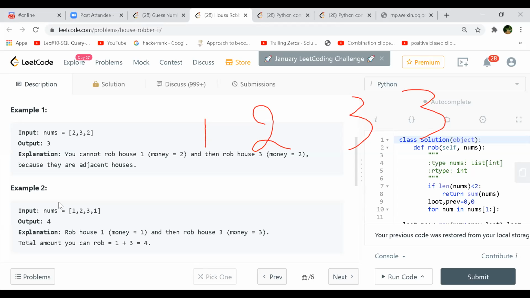So for that we need to check the max sum in the subarray 2 to n, and again we need to check the max sum from subarray 1 to n minus 1, and take the maximum of both of the answers. Why one to n minus one? If we choose one, then we cannot choose the last index, which is n. So if we are choosing from one, the last index that can be chosen will be n minus 1. Yeah, right.